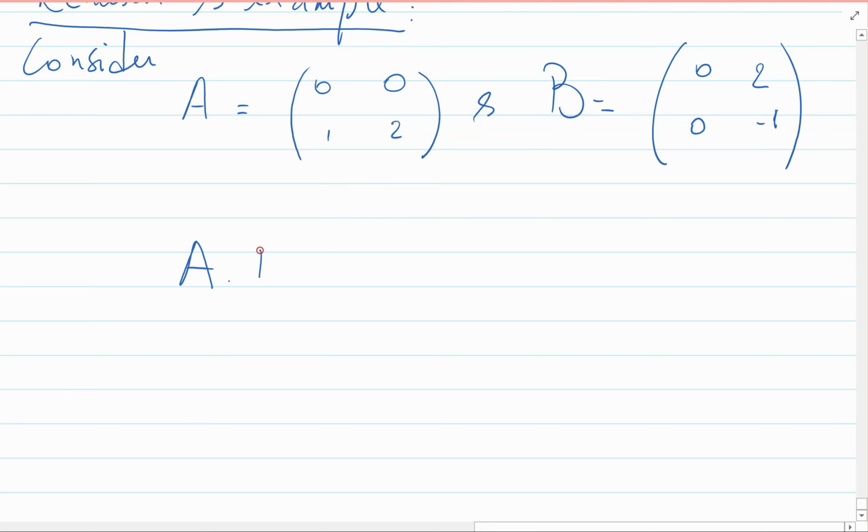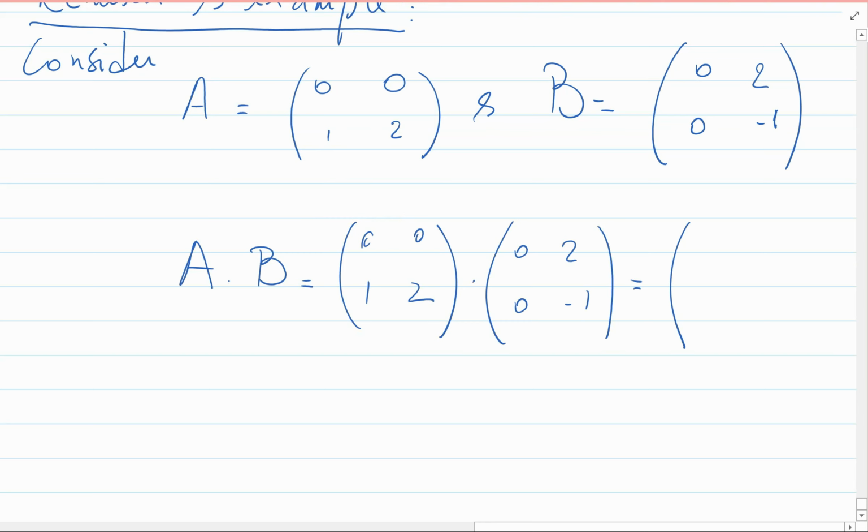A times B is [0, 1; 0, 2] times [0, 2; 0, -1]. The first column of B, 0, 0, times anything will give me 0 and 0. Now what about the second column? That will give me the second column of the end result: the second column of B, 2 and -1, times the matrix A. So we get 2 times the first column, 0, 0, plus -1 times the second column, 1 and 2, which gives -1 and -2 with the 2 times 0 terms. The end result will be